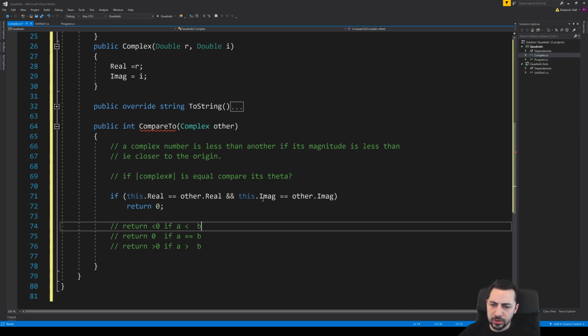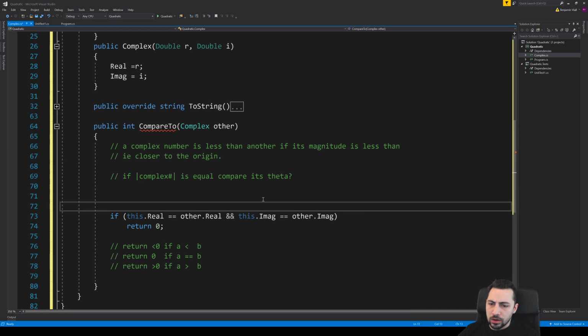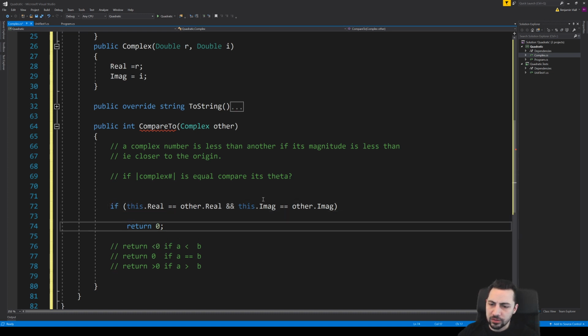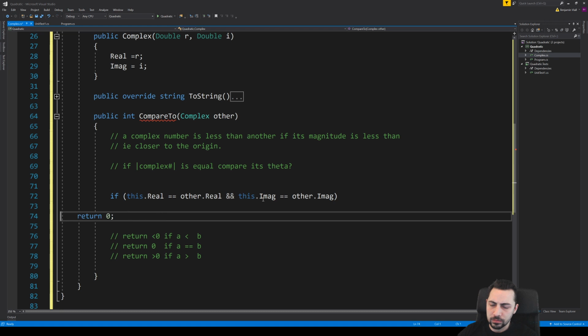It's not quite true, is it? So that equals case, there's a few other things we need to deal with here. That takes care of the equals case. Let's write the next case.